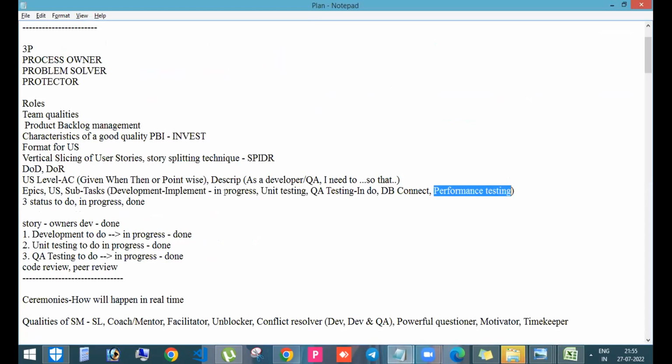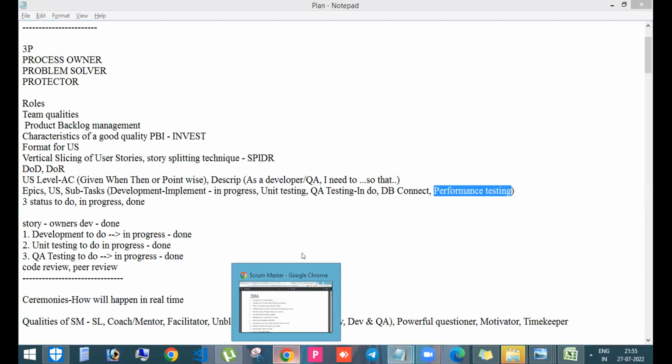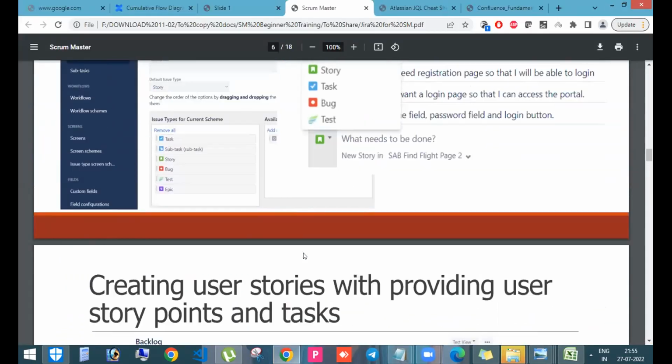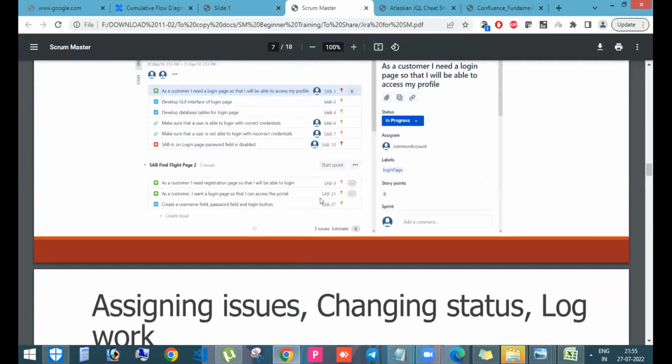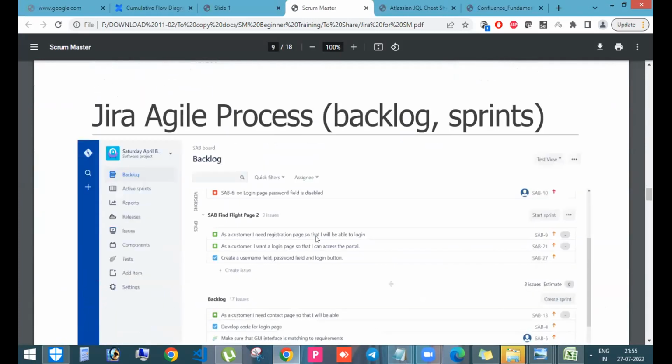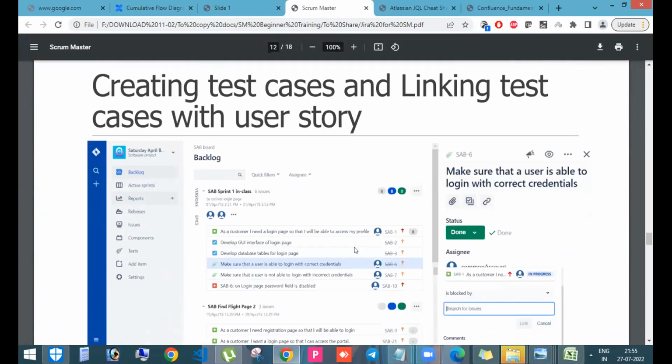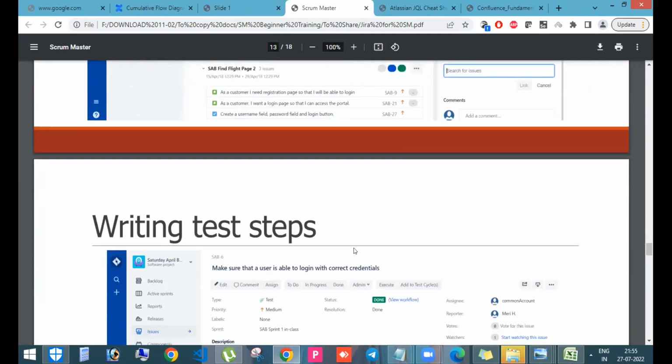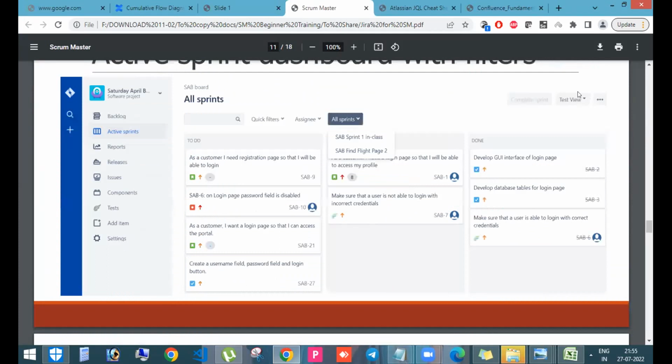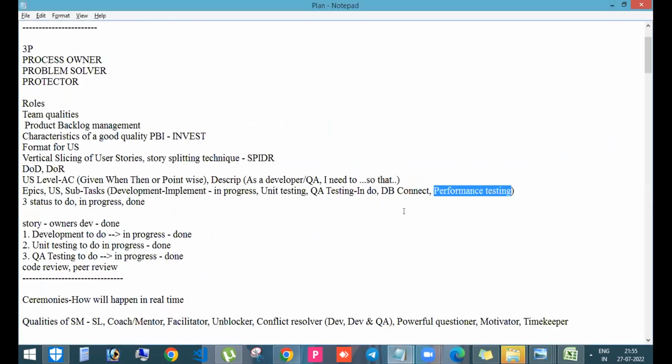For each user story, you will have one owner. In a user story, you will have a particular field called assignee, right? You need to always ensure that all the user stories are assigned to someone, and that particular person is